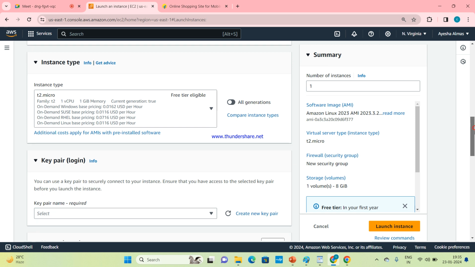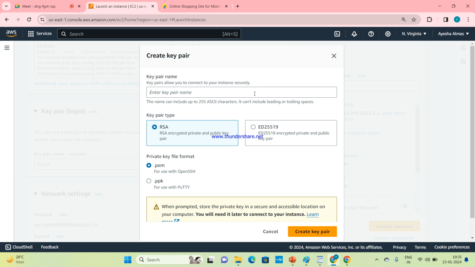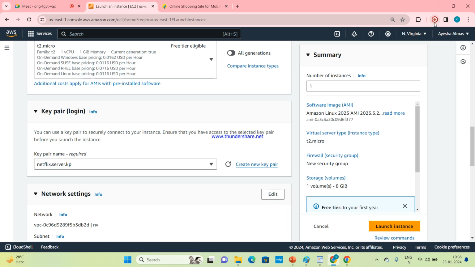Now the fourth parameter is key pair. What is a key pair? Key pair is a combination of public key and private key. As soon as we create a key pair, named Netflix server KP, and click to create key pair,